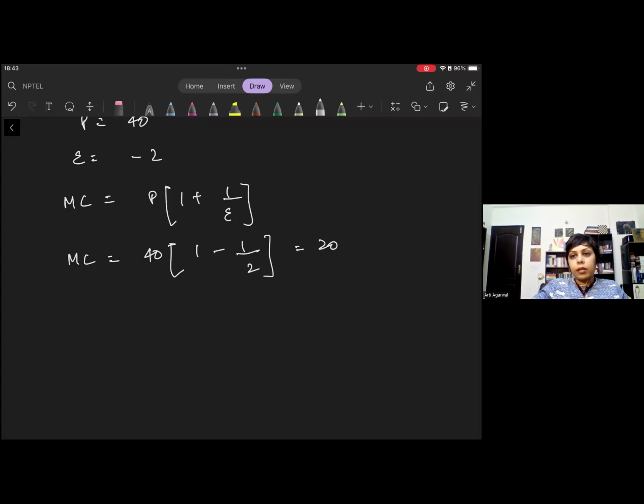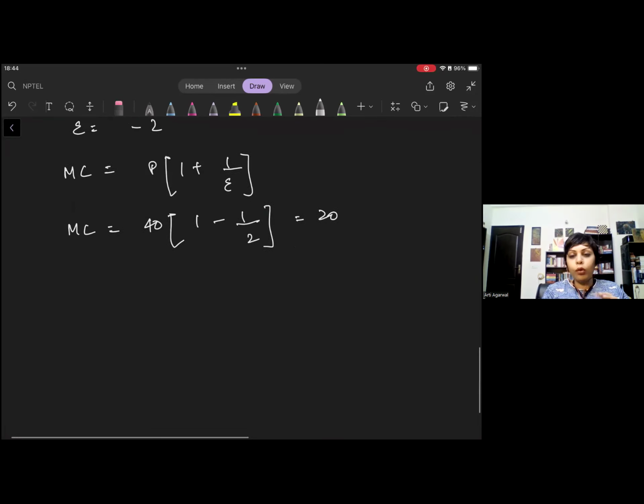In the lectures, in the earlier modules, we have used it that way because in some places where you were asked the elasticity of demand, it was asked without the sign. But I don't think in the lecture he has taken this as mod. I don't remember. But if you're given it with the sign in the question, you should always use it with the sign, because if you use it with the mod, you have to know that there will be a sign here.